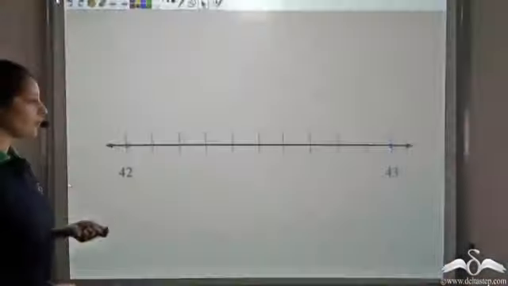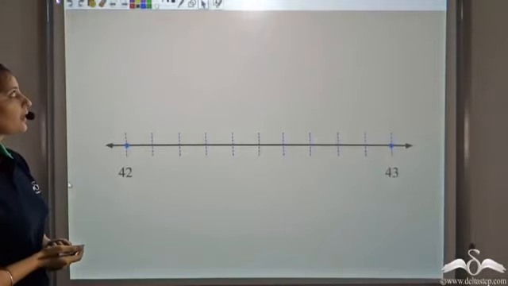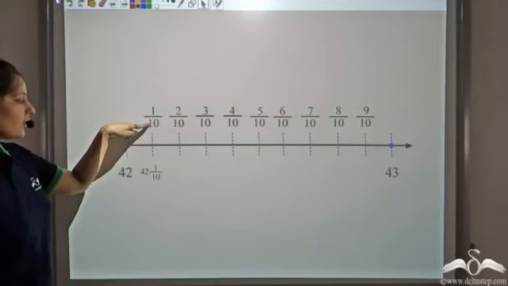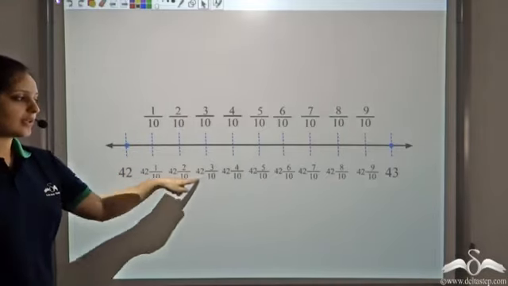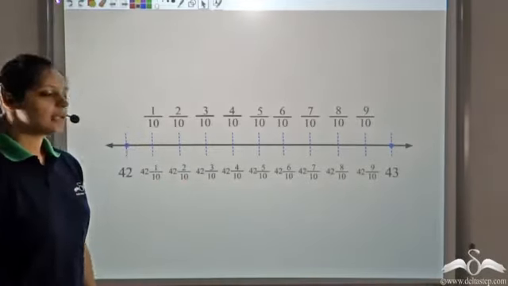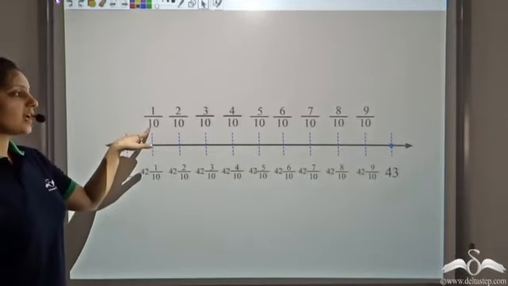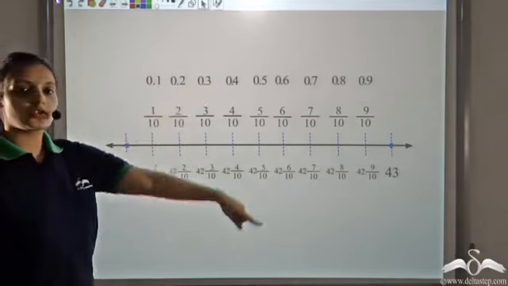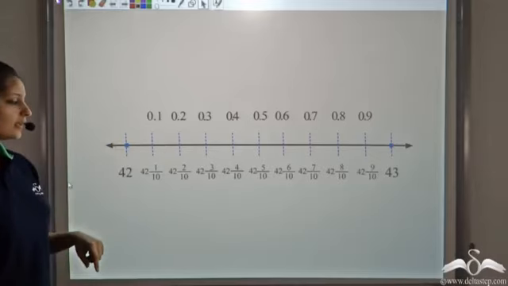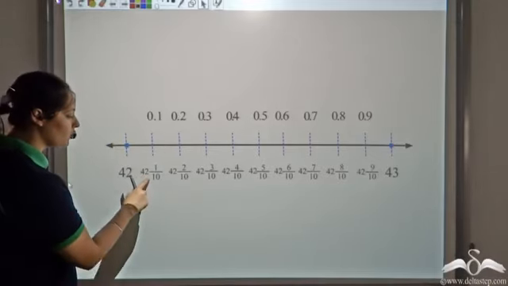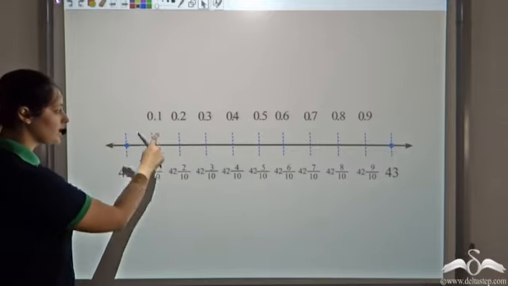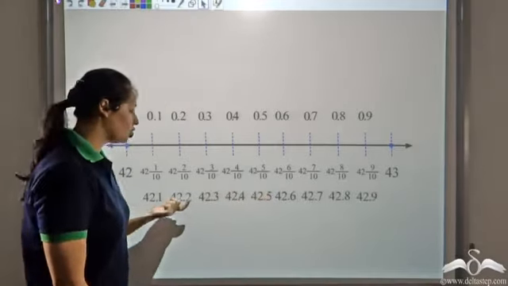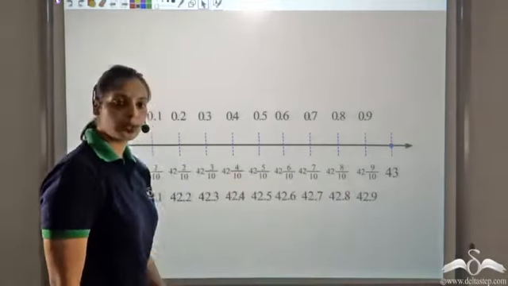We had seen that on dividing a unit distance into 10 equal parts, we got fractions with base 10. Further, these numbers can be represented as mixed numbers. Now we had seen that these fractions can be represented as decimal numbers, which is 0.1, 0.2, 0.3 and so on. So I can replace them by decimal numbers. Further, this is 42 plus 1 by 10, which is 42 plus 0.1. So this is 42.1. And so on, I can have 42.2, 42.3 till 42.9.